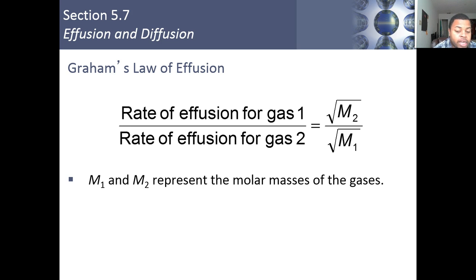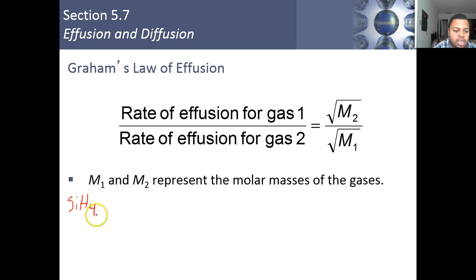So if we're taking a look at both of these compounds, we're going to do the square root of M2 over M1. How do you determine which one is M2 and which one is M1? Well, the one that has the larger mass, because we usually want something that's going to be over 1, the one that has the larger mass is the one that's going to go on top. So I'll write it here on the bottom,